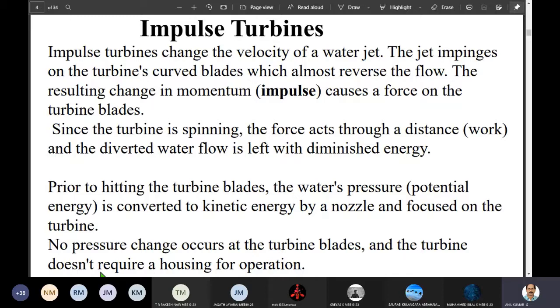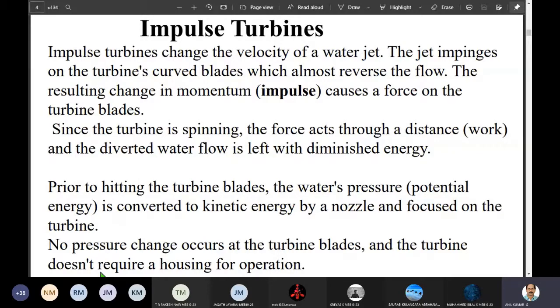Okay. See, impulse turbine, what does it do basically? The water under pressure coming through a pipeline will definitely possess kinetic energy and pressure energy. Because water is inside the pipeline, it has kinetic energy and pressure energy. And if you are making use of the pressure and kinetic energy of water to operate the turbines, to extract